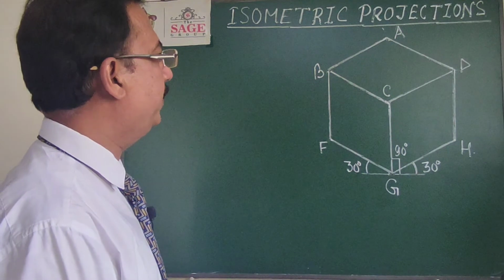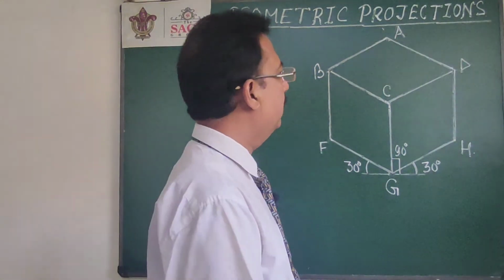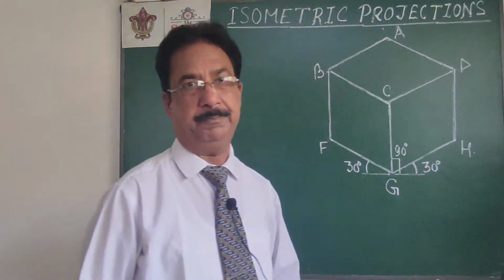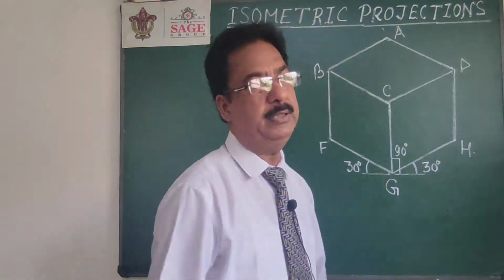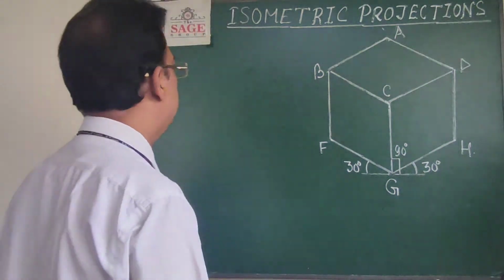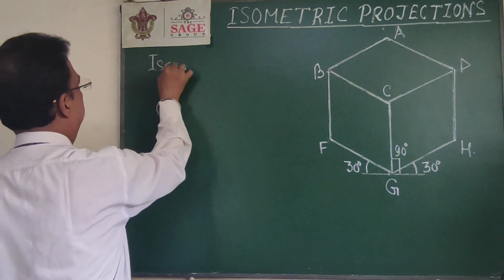If you look at this figure, it almost looks like a 3D figure, and in this position the three faces of the cube are visible to me, the front three faces, and the shape of all the three faces will be rhombus. So what I told you already, that isometric projection